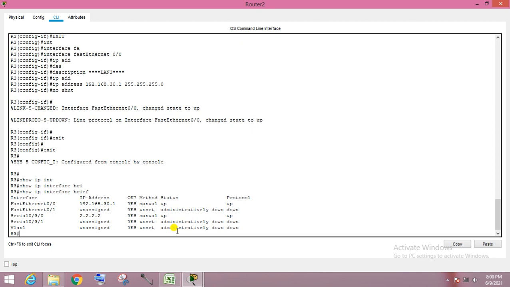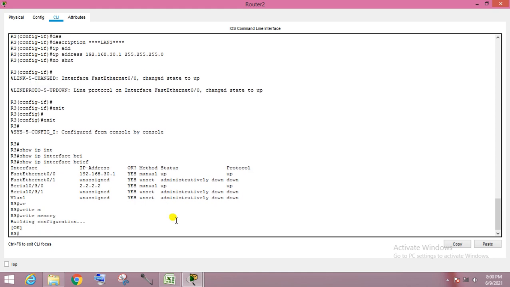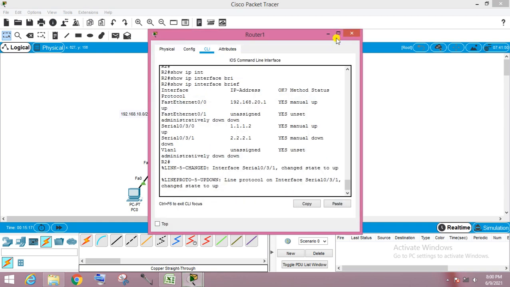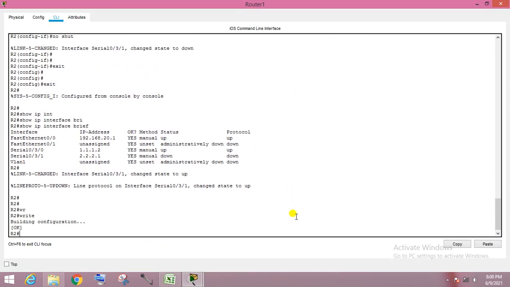Okay. Now you can check all interface status is up, protocol is also up. To save this configuration, we just hit the command write memory, or you can write only the write command. Go here, same thing, write.